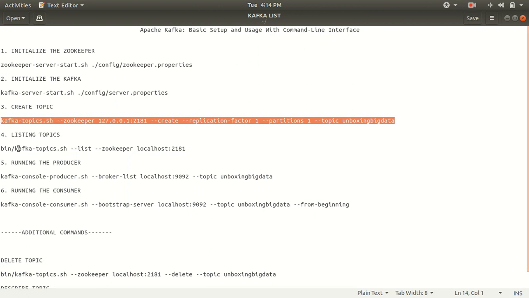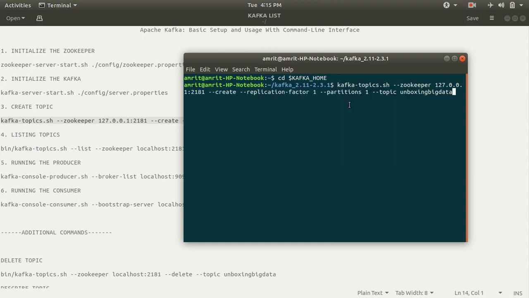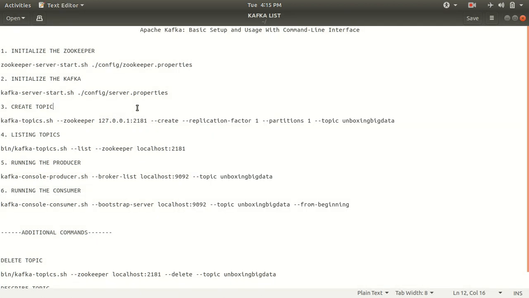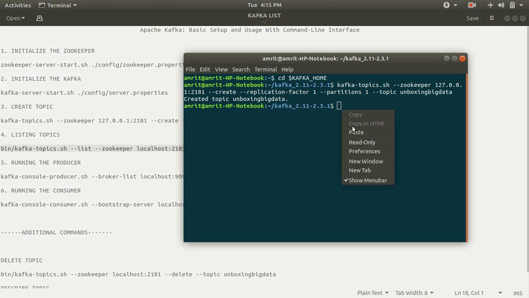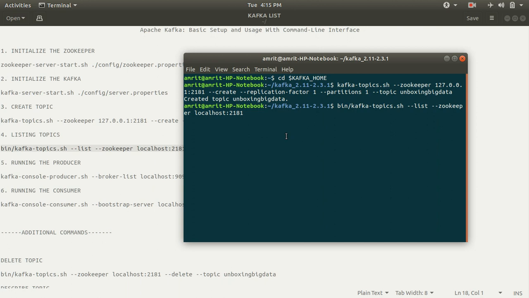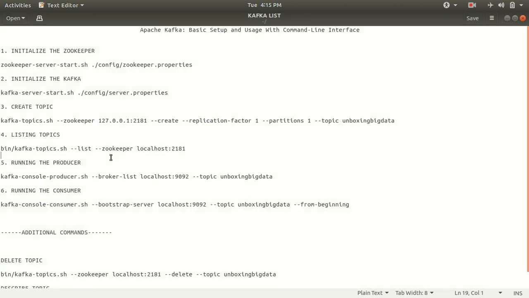Copy here and go to this terminal, the third one which you have opened, and run this command. Okay, you get a message. It indicates that it's successfully created. Good. So you can verify whether it is available or not with this list topics command. Again, run the command here. Okay, you can see it's listing my topic here. It means everything is fine till this point. Till 4 steps, everything is working properly here.